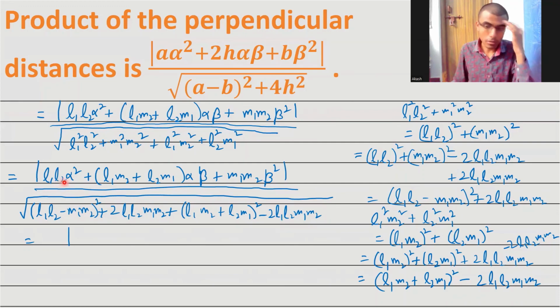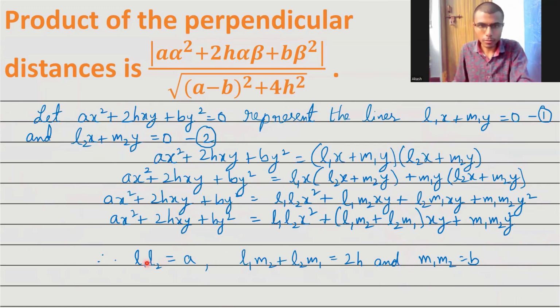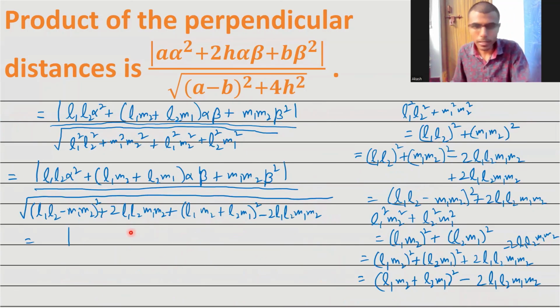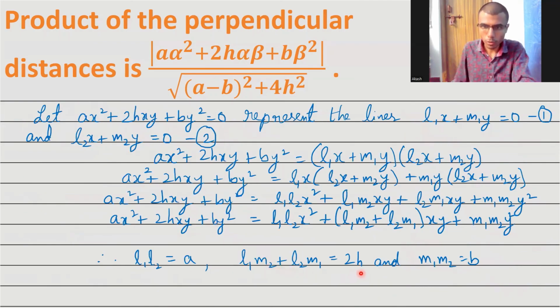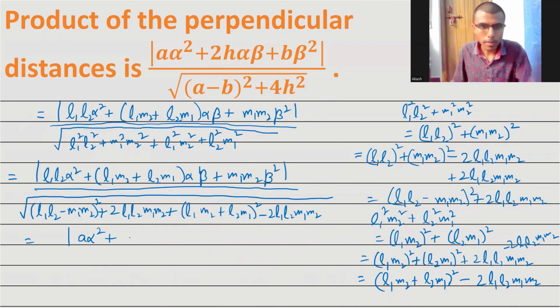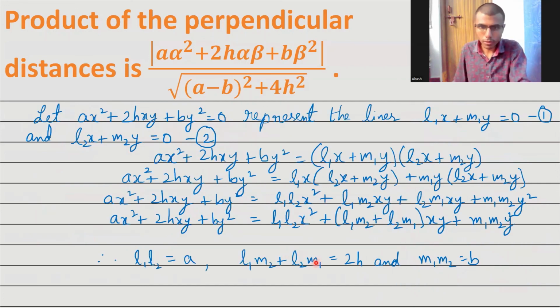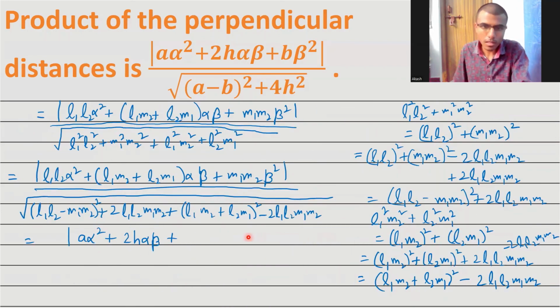What is L1 into L2? The first we got, L1 L2 is A. So in place of L1 L2, I can write A. So this would be nothing but A alpha square plus, what is L1 M2 plus L2 M1? 2H. Plus 2H alpha beta plus, what's M1 M2? M1 M2 is B. So I'm going to just put it here, B beta square divided by